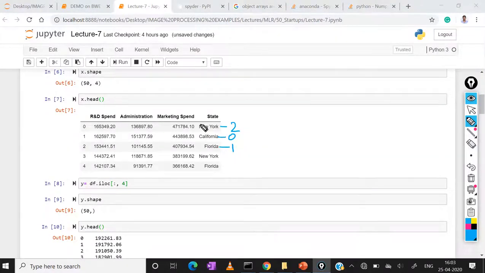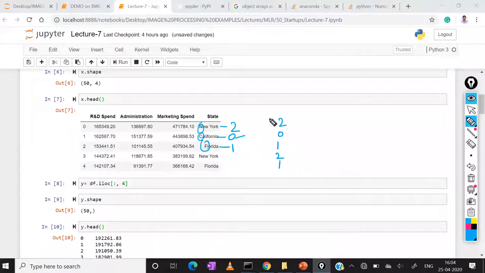It assigns based on alphabetical order. Here C, N, C, F: C is the first one, so it assigns the value 0. F means Florida, 1, and New York, 2. So like that, C is 0, F is 1, N is 2, and New York again means 2, Florida means 1.